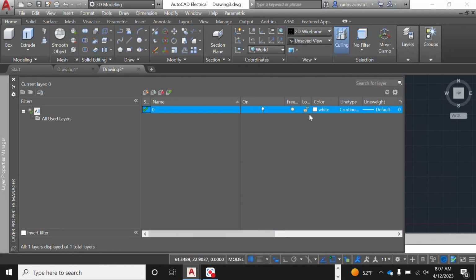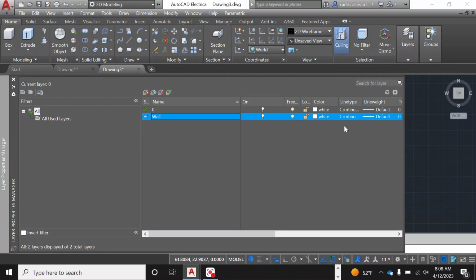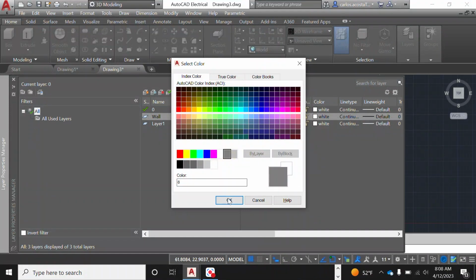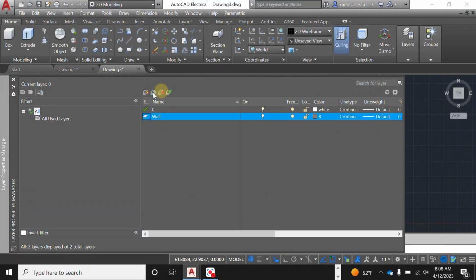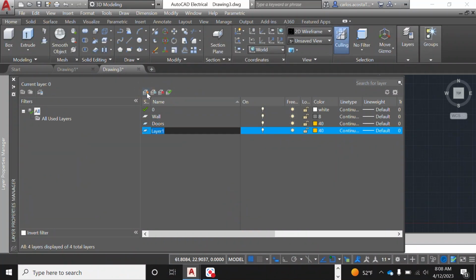By default we have layer 0. So we're gonna create another one that is gonna be walls, and that is gonna have color gray. Let's do another one that is doors. That is going to be color orange. Another one that is called windows. And you can be as specific as you want. You can do another one that is frames,